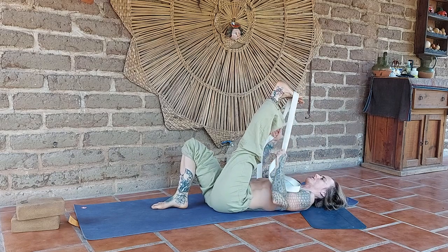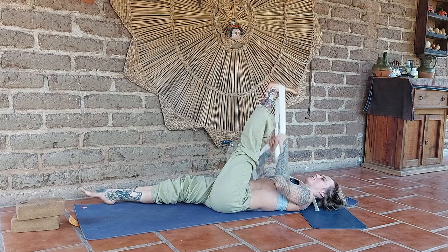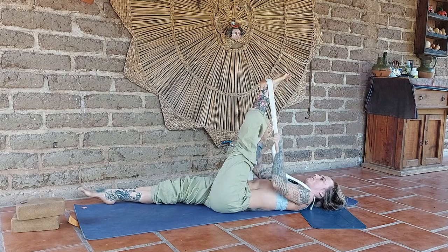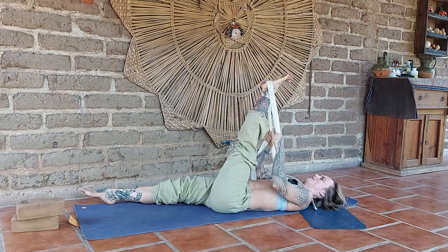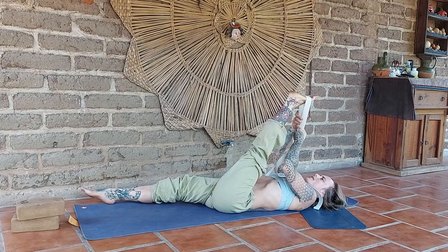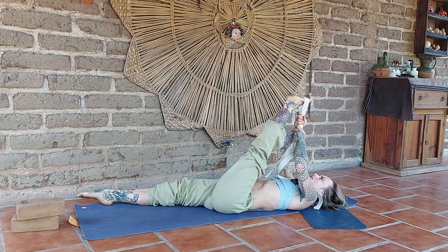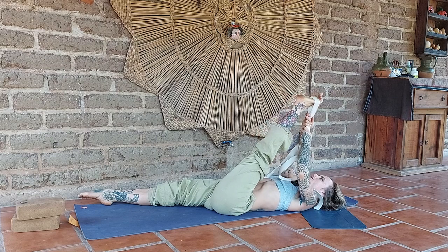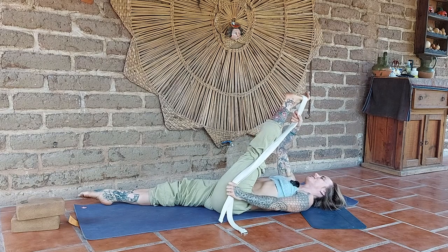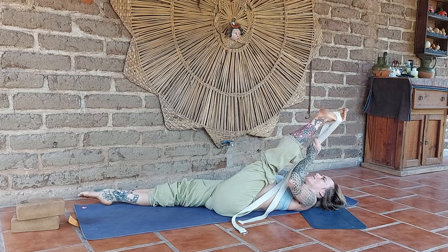So starting with this motion of using the strap to really create friction, the bottom of the foot. But once you have that down, start to use the strength of your arms to pull your foot towards you in a really slow, conscious way. This is the last part of class, so we really don't want to, I mean, if you want to push it, you can. This is just a 30-minute class. Just listen to the body, see how it feels, till eventually we bring the left foot to the left side of us,